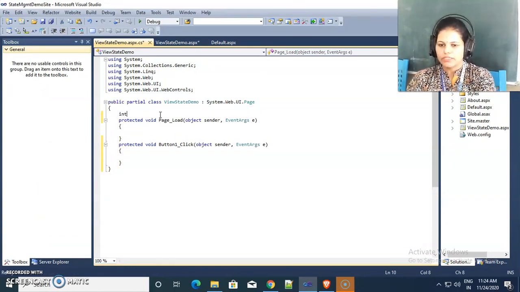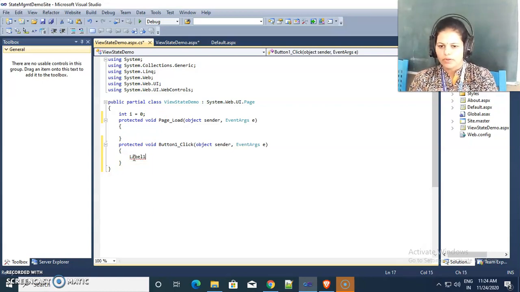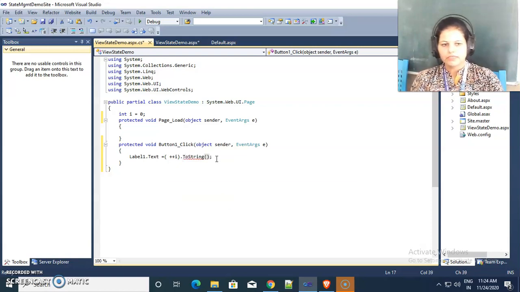Here I am taking one integer i and initializing it to 0, and then I am setting Label1.Text as ++i. Whatever value is present in i, I am adding 1 to that and placing its value in the label's Text property.